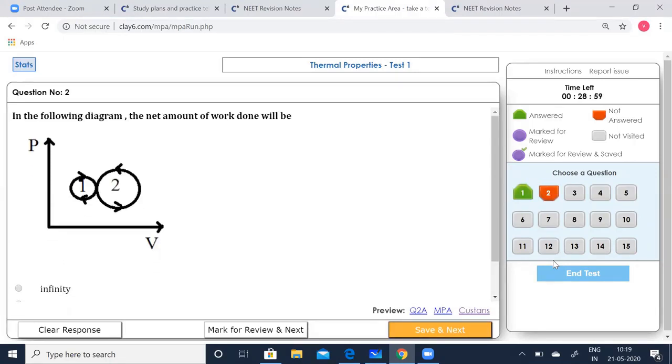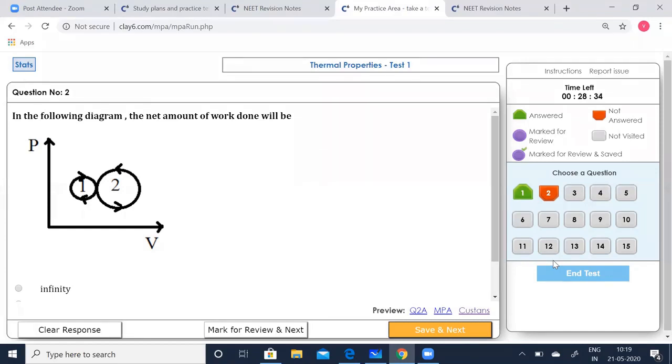In the following, as I told you, you can expect more graphical questions. So be prepared. Whenever you attempt graphical questions, you have to be thorough with the concepts. So go through the revision notes where we have noted every important point and given it in the notes. Go through that and then take the test. You can definitely solve this.